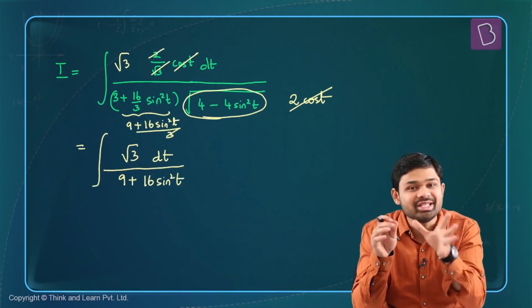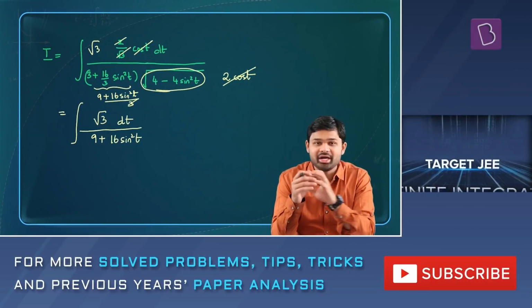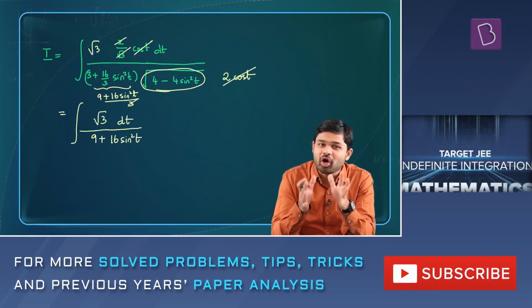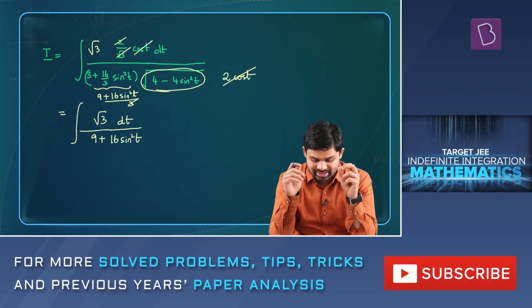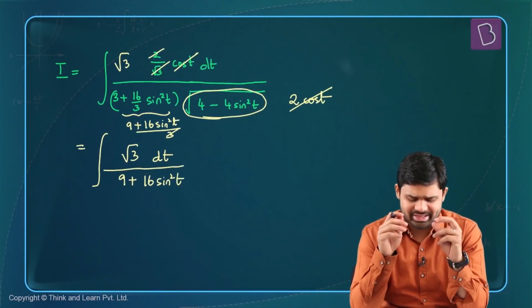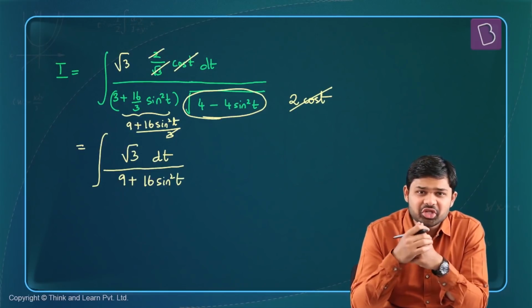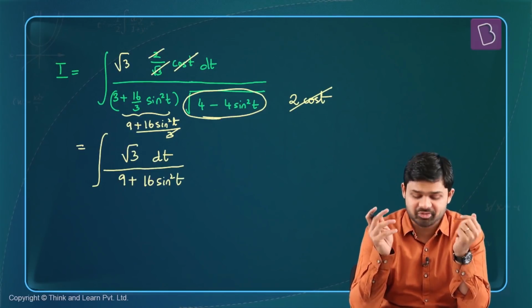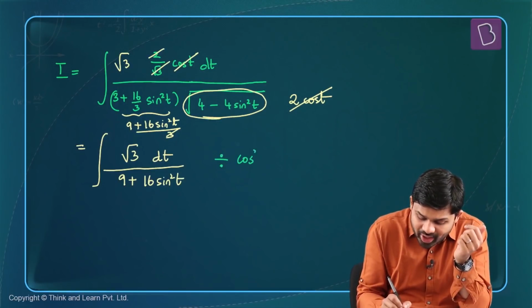So see, with that one substitution, my question has simplified many folds. The under root terms are gone and a lot of complex terms are gone, and now I just have root 3 dt divided by 9 plus 16 sine square t. Now what do we do? It seems like we've again hit a dead end, because we don't know how to integrate this expression. So what I'm going to do is divide by cos square t